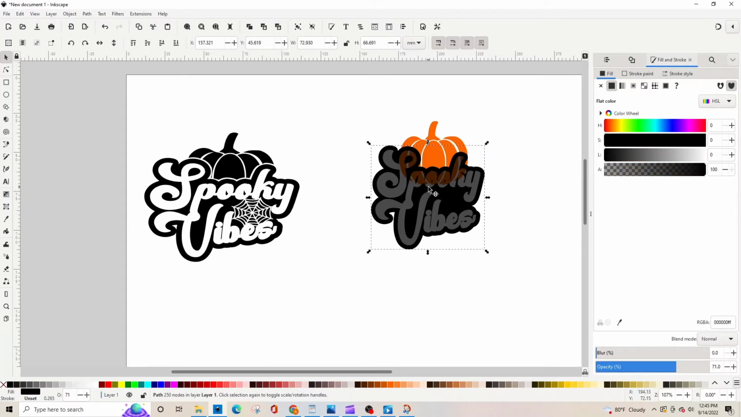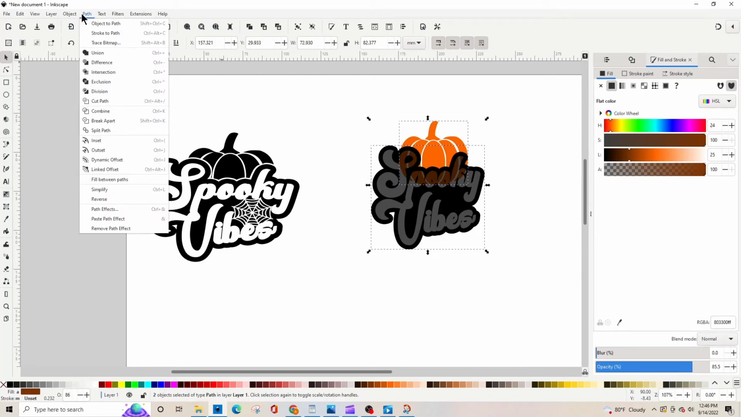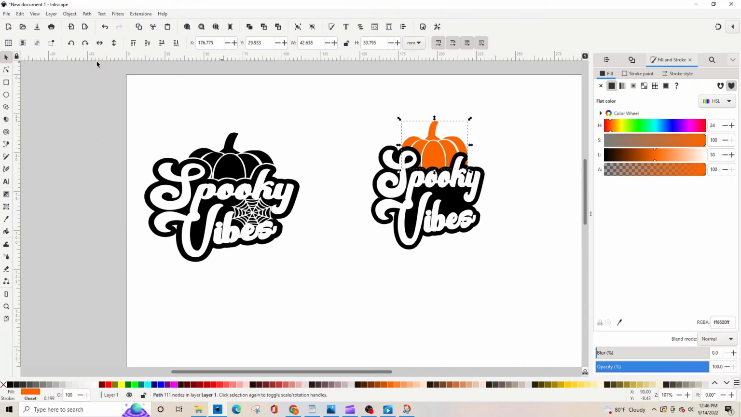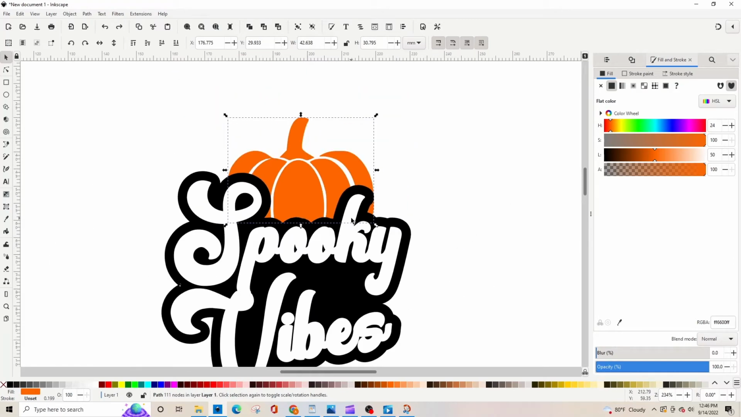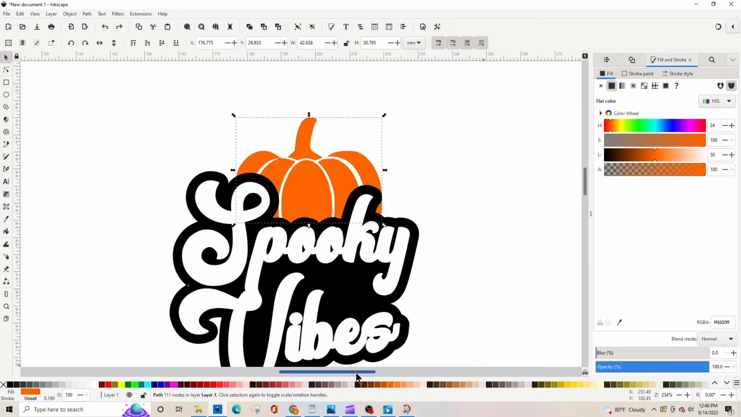Okay, if I cut directly from right here, it's going to cut a clean image and the pumpkin's going to, I'll just show you. So I'd select the top image and the pumpkin and Path, Difference. Okay, and the pumpkin sits directly on top of the Spooky Vibes. Well, we want a little space in between it. So to do that,